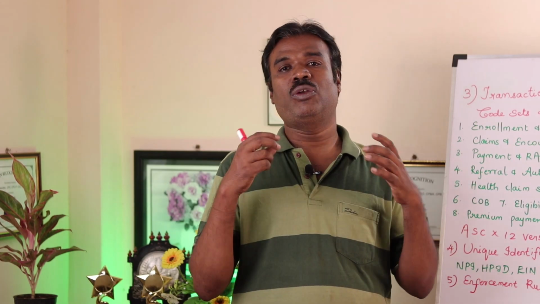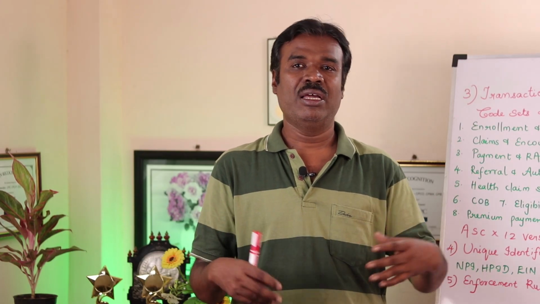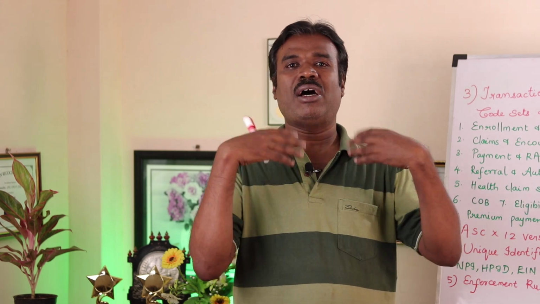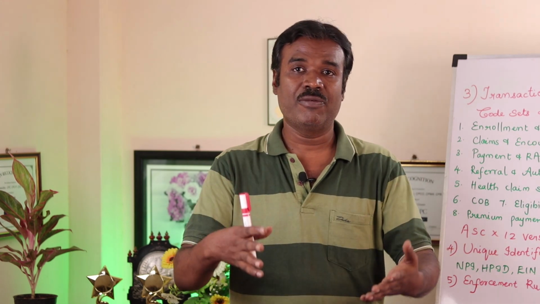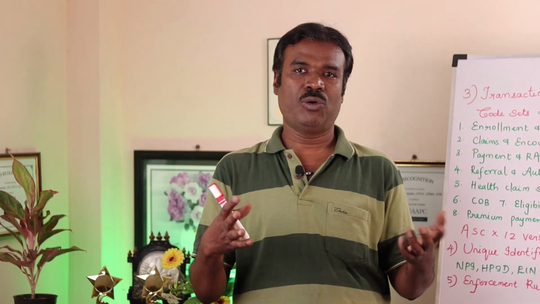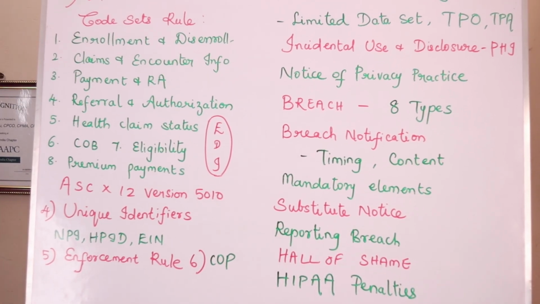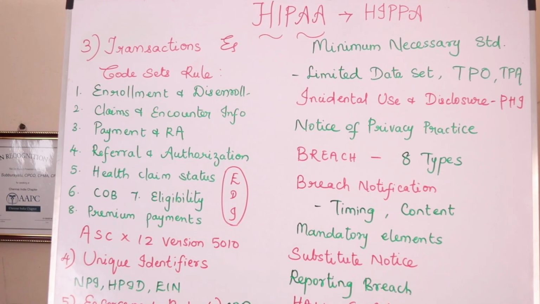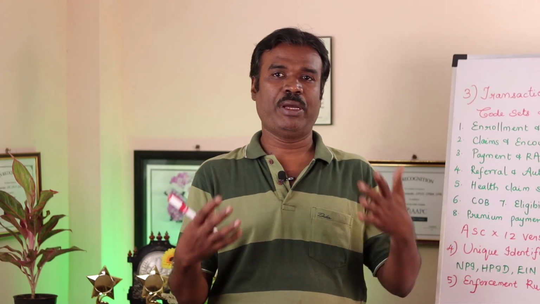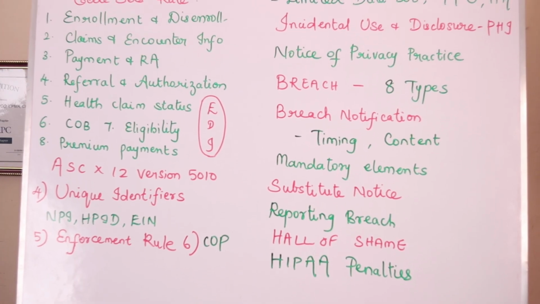They have identified about 12 national purposes or public health purposes where the privacy rule need not be followed, in the sense that the privacy rule itself allows the use and disclosure of the PHI. First, all of us know, it could be required by law. For example, when the government wants to know how many COVID patients there are, we need to give the information of the patients who are affected with COVID. So first would be required by law.